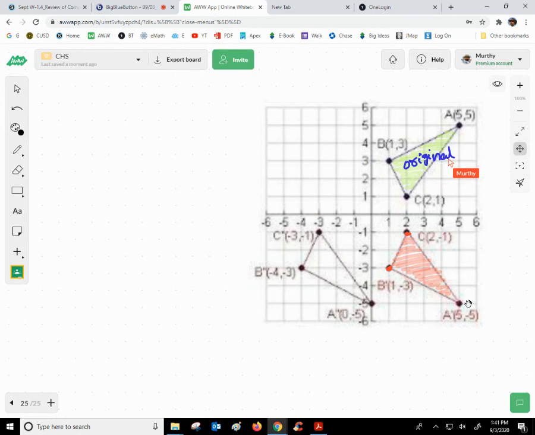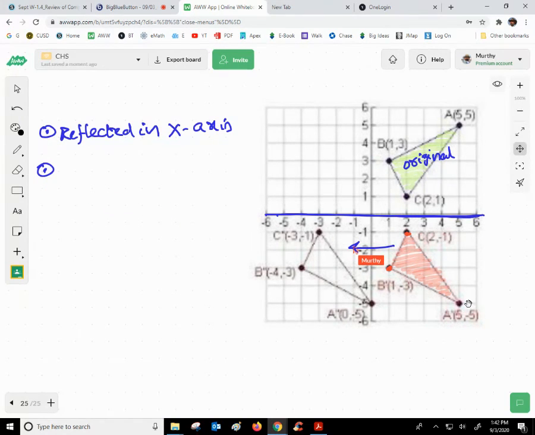So this is the original object. And this one, I see that it is reflected. Is it reflected? Yes. Then this is the reflected one. This is A prime, B prime, C prime. Therefore, the first one is reflected in this horizontal line, so in the x-axis, and the second one, you see that this one is slid, right? So sliding, therefore it is